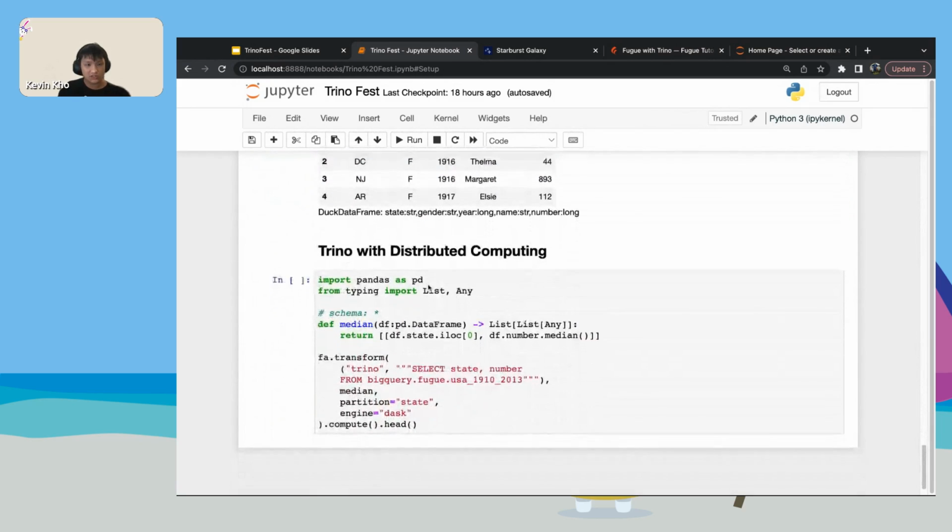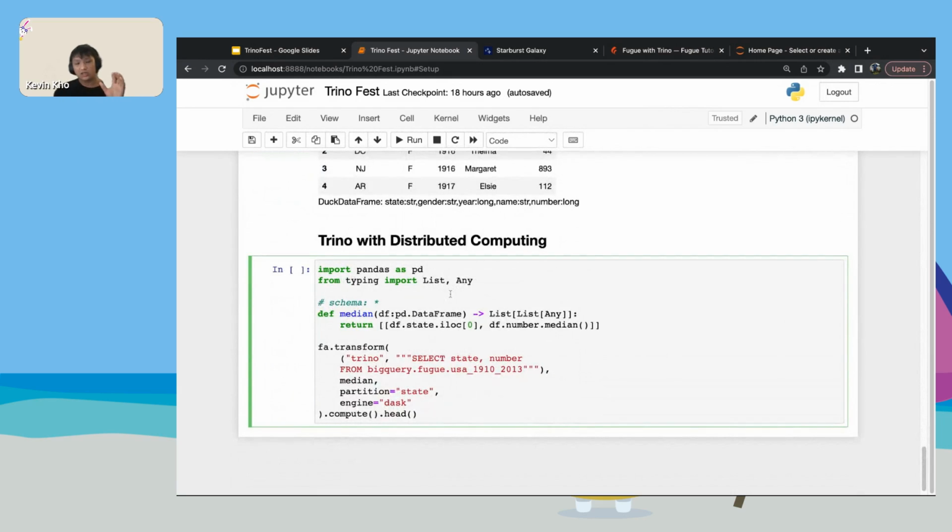The last thing I'll show over here is combining data warehouses with distributed computing engines like Spark, Dask, and Ray. A while ago, I mentioned that FugueSQL also has a transform keyword. The FugueSQL API and the Fugue Python API have one-to-one parity, so everything you can do in one, you can mix and match between the two. Here we're going to define a Python function